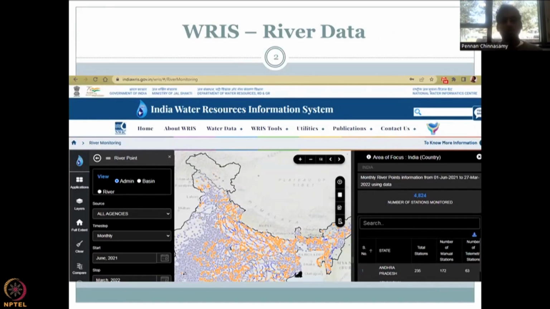The units are different. I would like to warn that when you write the water balance equation, it is your mandate to make sure that the units are consistent, which means rainfall is in millimeters, discharge is in millimeters, your groundwater level storage is in millimeters, etc. So all these units have to be in the same cohesive manner so that you could make some comparisons. So this is the water data portal that we have been looking at for other parameters. We'll now also look at the discharge data. As I mentioned,